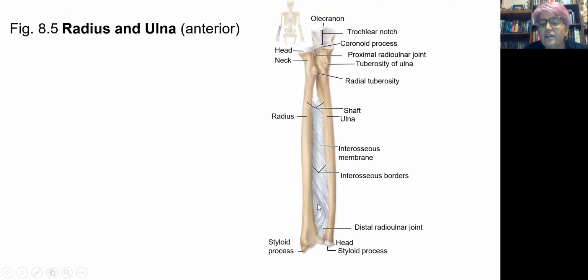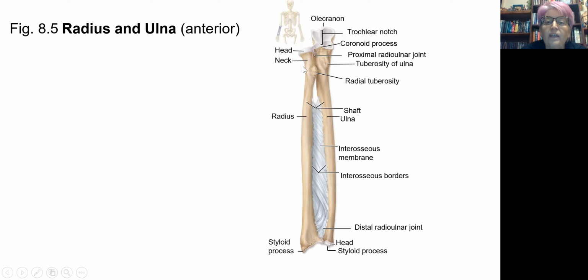The radius and the ulna articulate together like this. They've got an interosseous membrane between them that holds the radius and ulna together. So if you imagine you did a handstand, you're putting a lot of pressure on these bones. This interosseous membrane holds them together so that they don't bow out. Because of that, both bones have an interosseous border or an interosseous ridge or an interosseous crest where those membranes